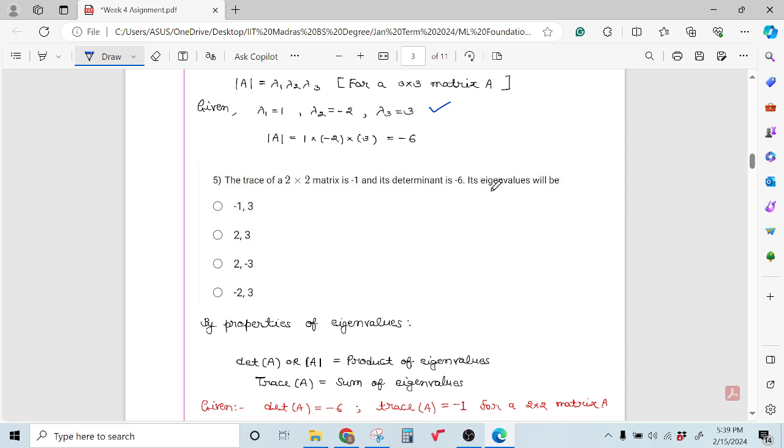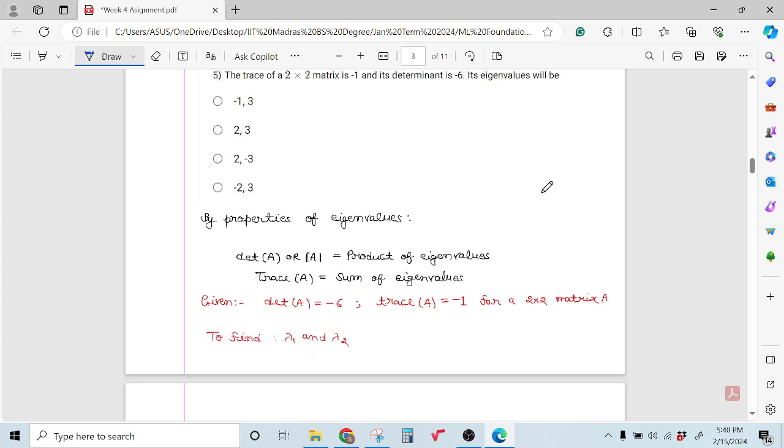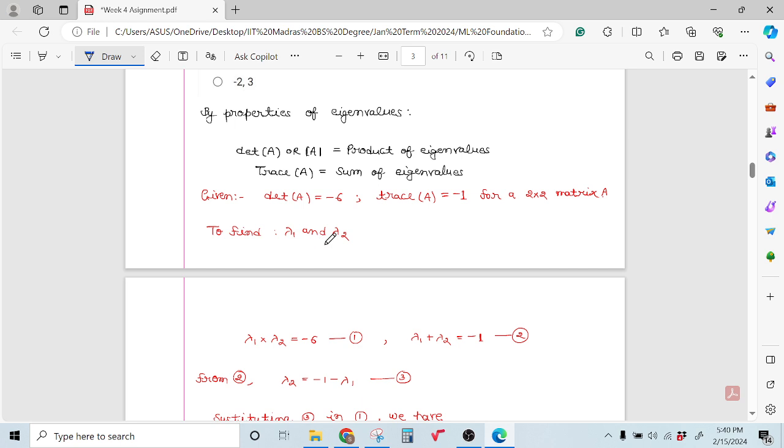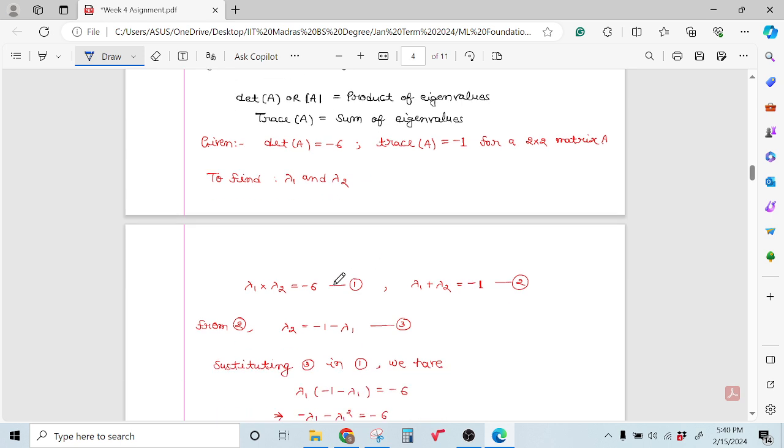We have to calculate the eigenvalues of a 2 cross 2 matrix. So again, by properties of eigenvalues, the determinant of A is equal to the product of eigenvalues and the trace of a matrix is equal to the sum of eigenvalues. It is given that the determinant of A is equal to -6 and the trace of the 2 cross 2 matrix is -1. So to find lambda 1 and lambda 2, we have two equations by properties of